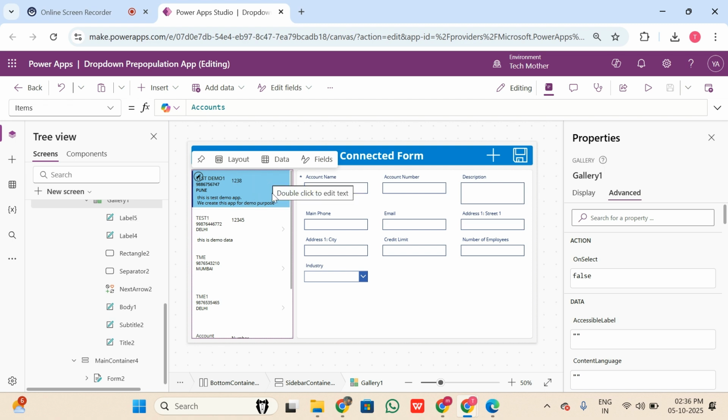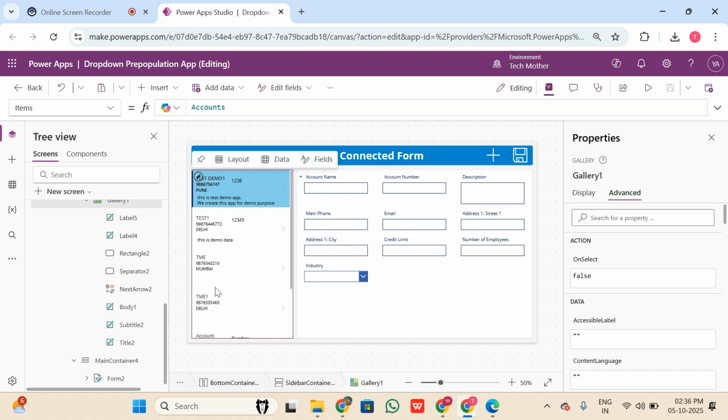If you click on the edit, then this form will switch to edit mode. If you click on the view, then this form should be switched to view mode. And in my previous video I explained how we can reuse the same form for the edit and view mode, right? So in today's video I will explain how this form can be used for edit, view and new mode. Okay, all these three modes I will explain.